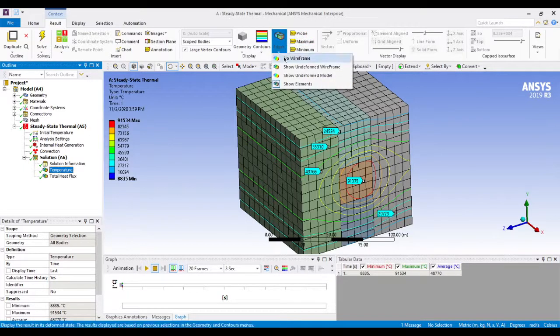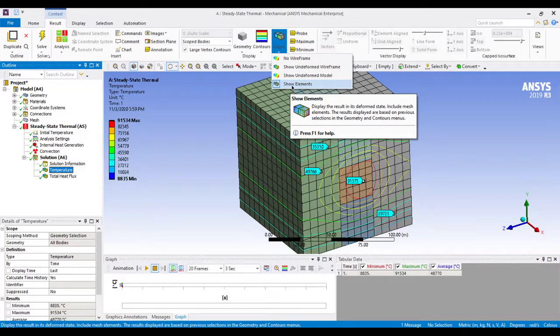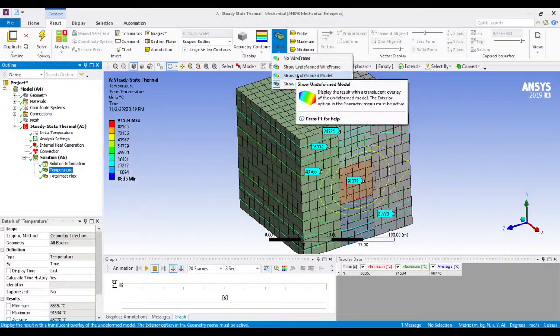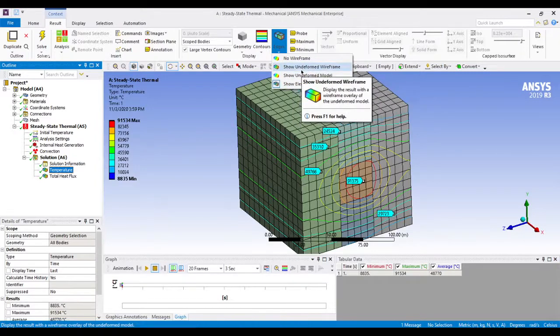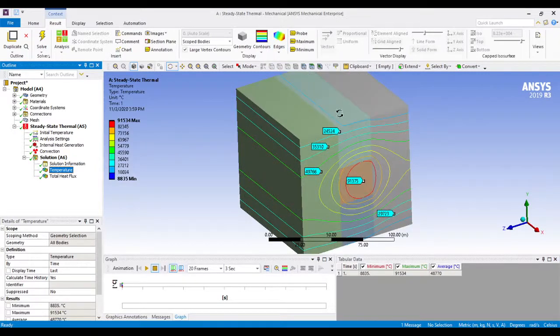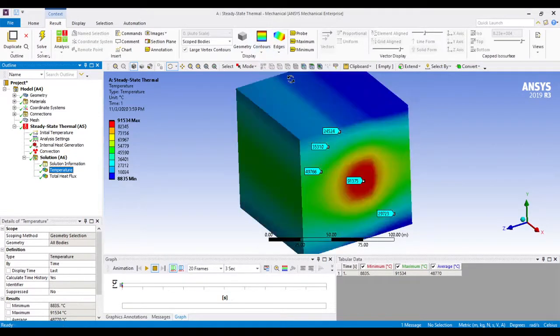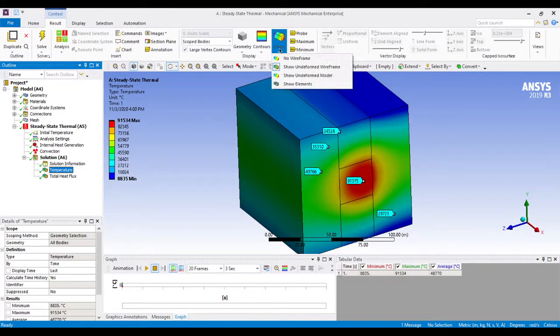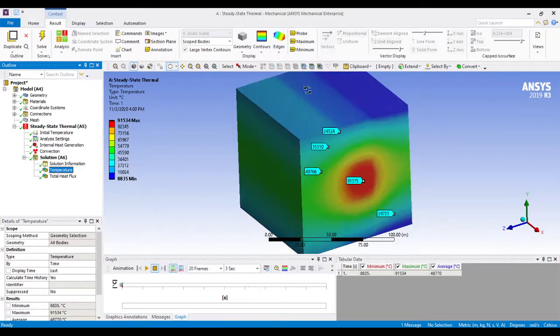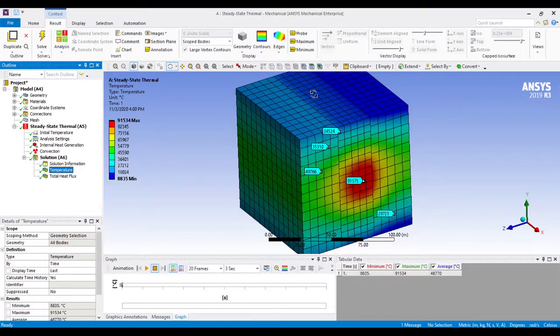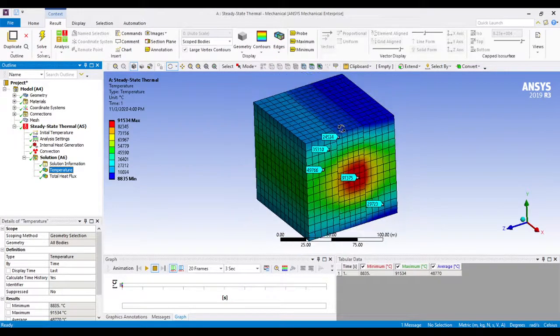Now you can see edge. You can see viewing parameters, like show elements. If you don't want to show elements, you can say show this model. You can see the model in the form of this. Again, you will say smooth contours and there will be no edges. So you can see the wireframe model, and you can also see the undeformed model, and you can also see the elements. So in this way we can view the model in various ways.